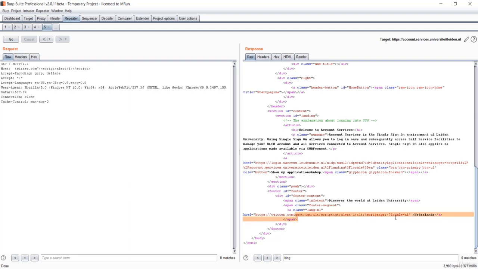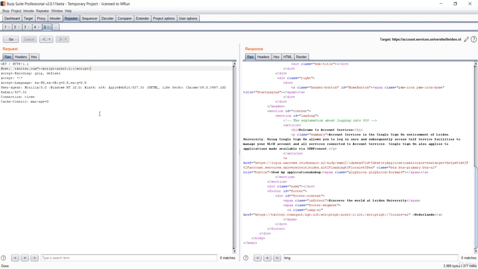Maybe someone has reported this. So you could see that this is the encoding. Basically they have encoded all the script tags so that it will be included inside this href, because this quotation has been encoded here so that it will be included in the href. That means we have no run of this XSS attack, because the XSS attack is the dangerous attack and they have already reported this one.